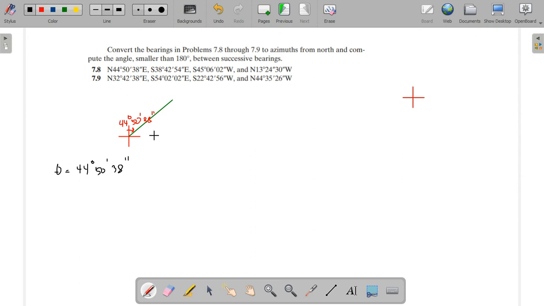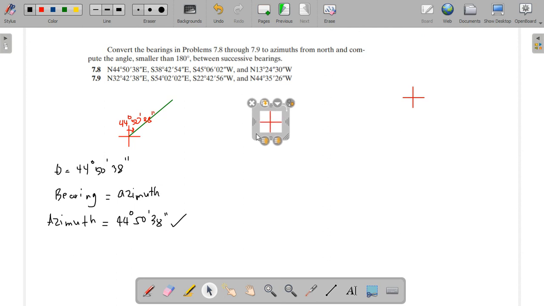38 seconds. So remember, if the line is inside or within the quadrant 1, you can say that the angular distance is equal to the angular distance of the bearing, and the azimuth is the same. Okay, so therefore your azimuth is the same as your bearing, which is equal to 44 degrees, 50 minutes, and then 38 seconds. Okay, so this is your answer. And then next we have